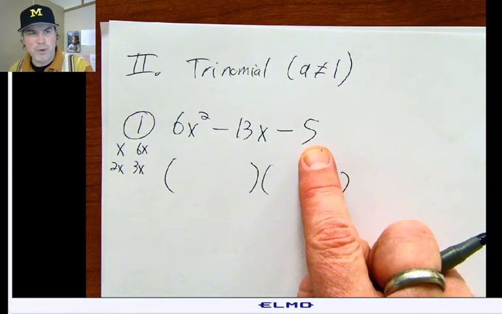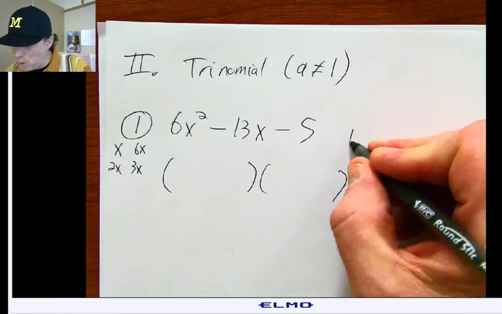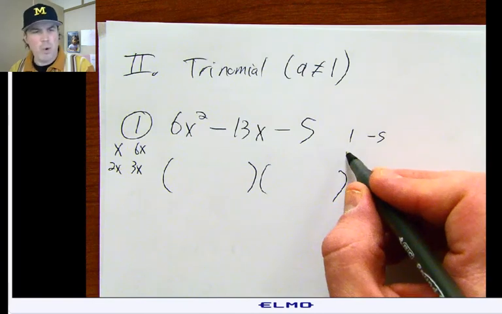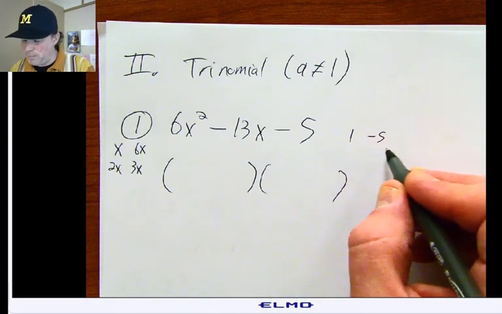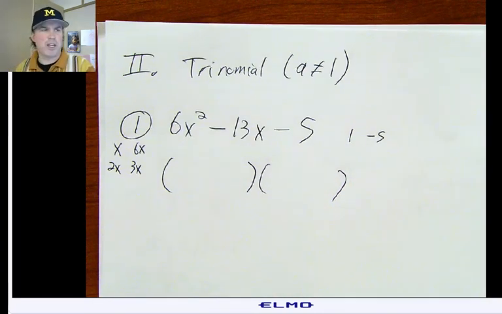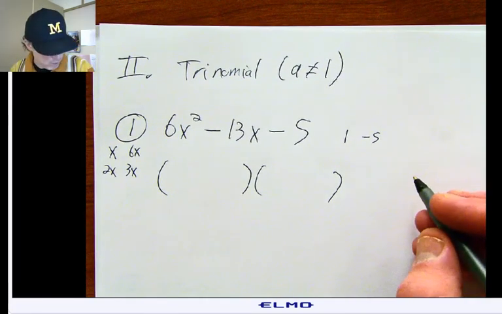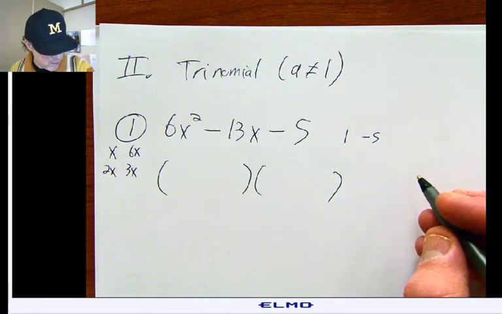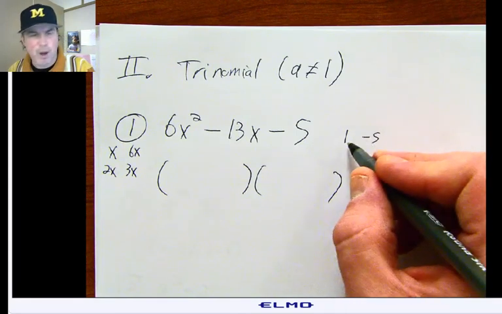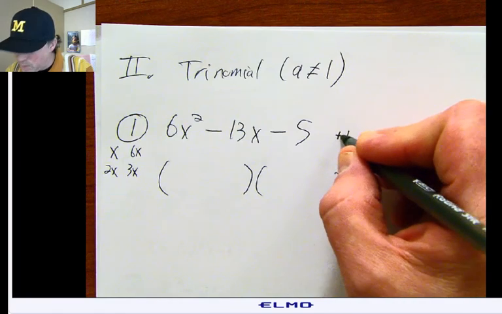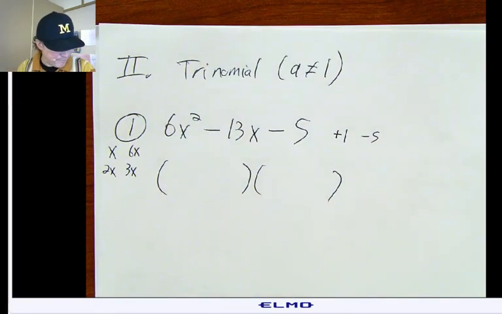To multiply to a negative 5, it could be 1 and a negative 5. Or it could be a negative 5 and a 1, but I'm not going to worry about the negative thing because we've talked about this, and it'll show up in my work. In fact, it will. Instead of using positive 1, negative 5, I'm going to use... Why not positive 1, negative 5? Okay, so